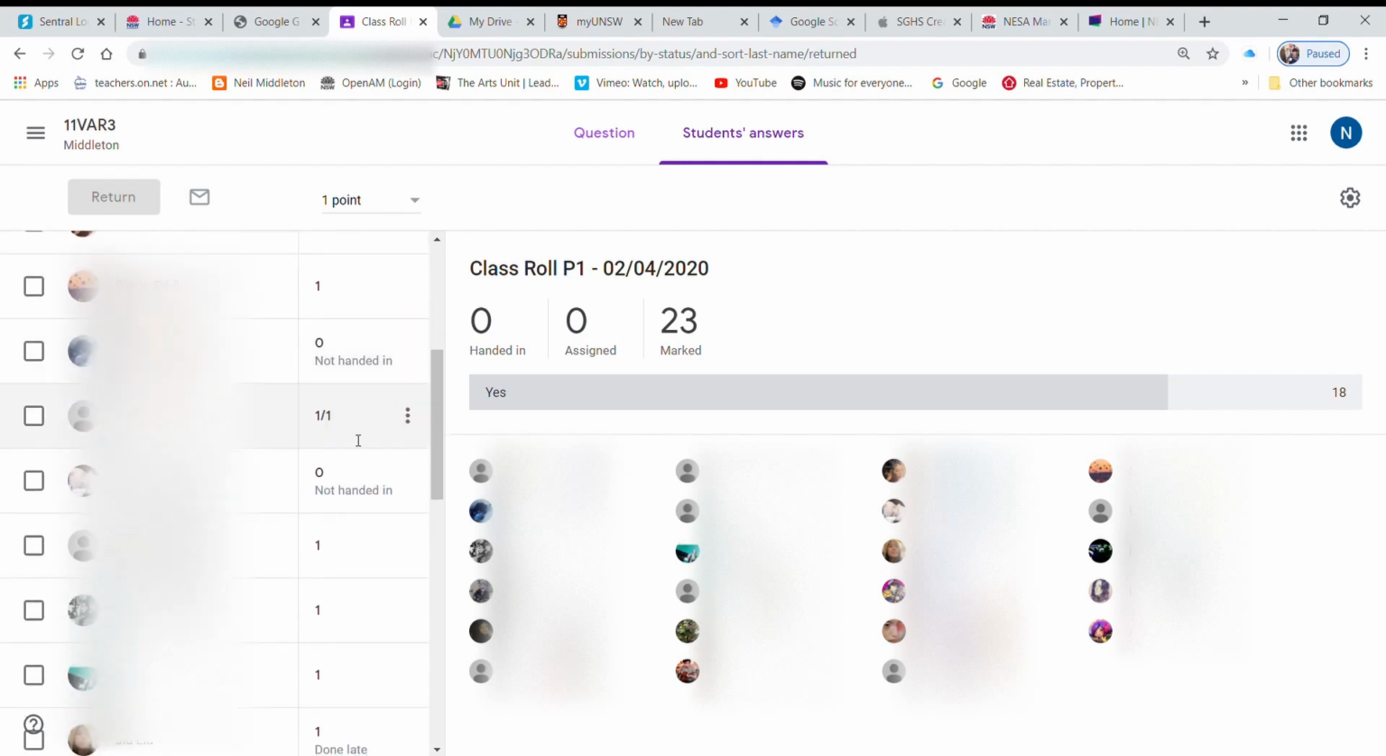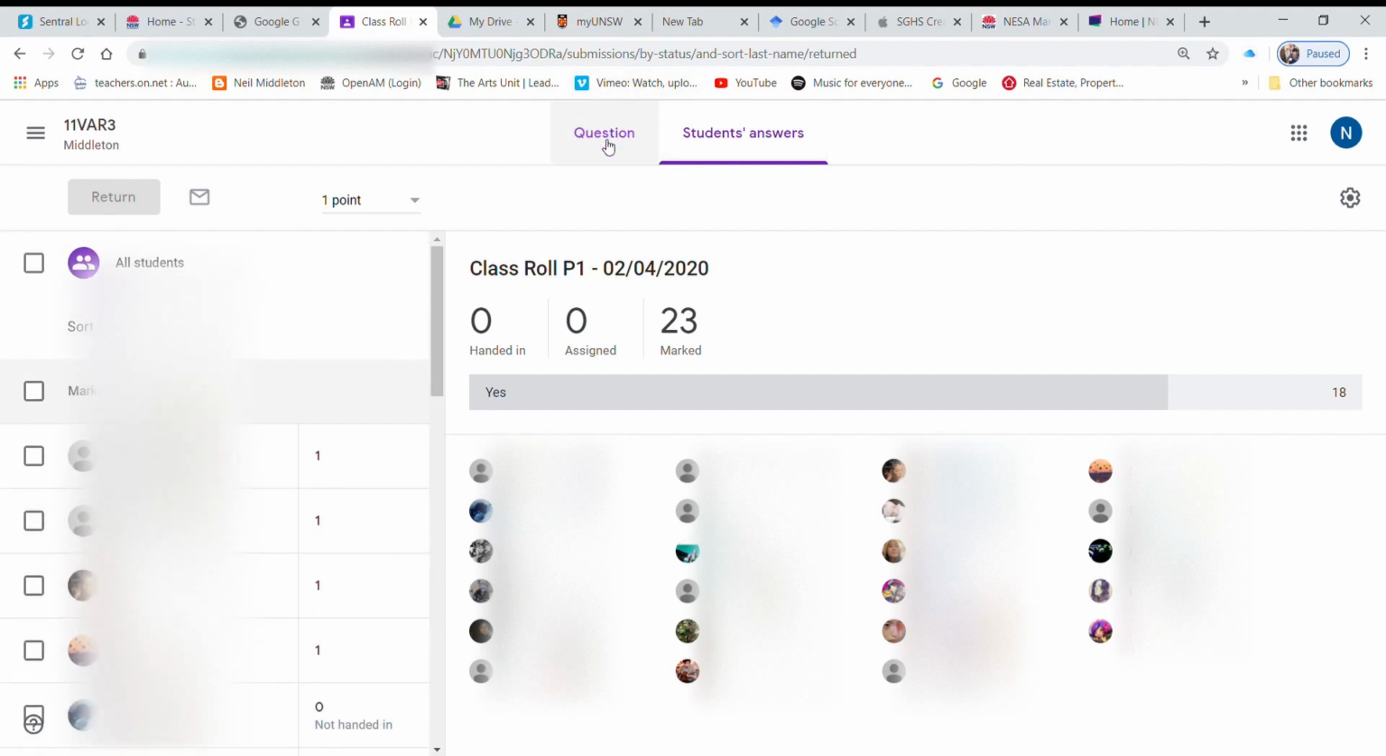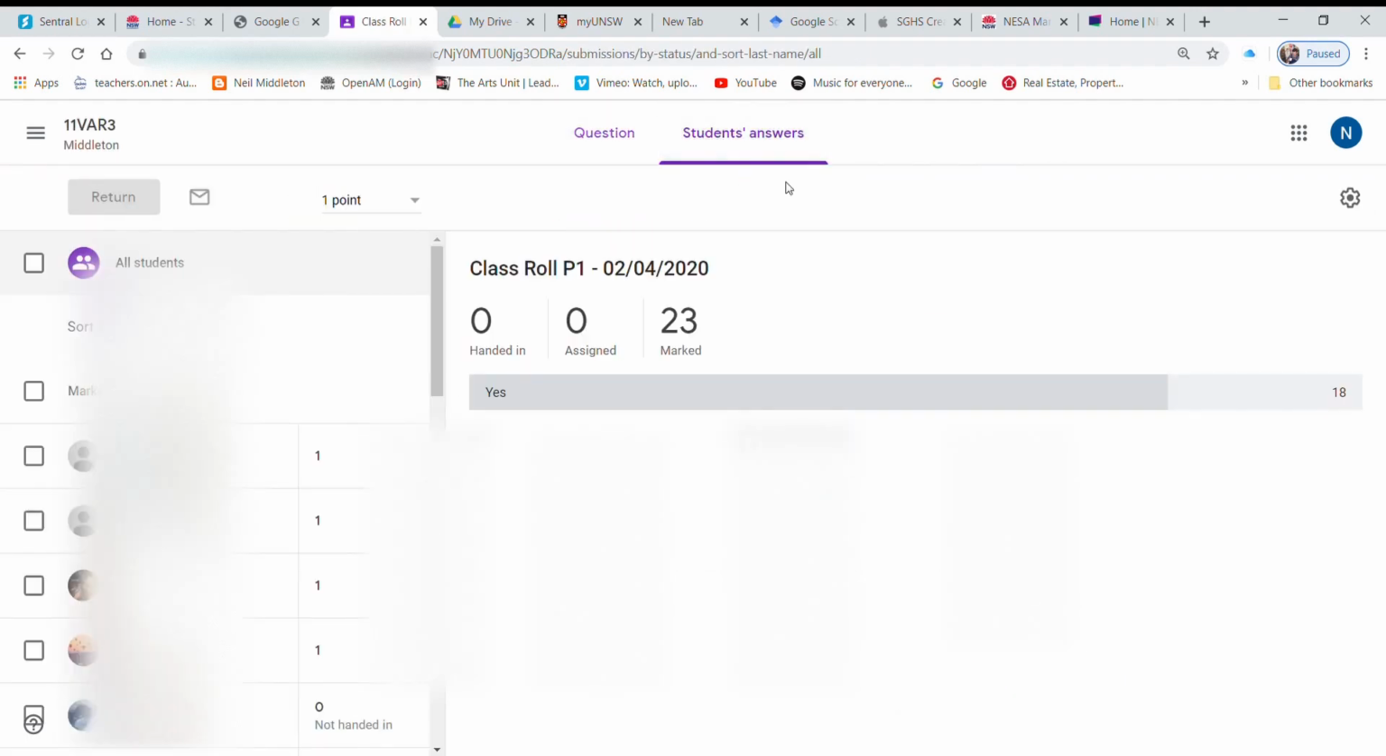You can see that I've marked here, and you can see the ones who are away. 0 is away and 1 is in. Okay, if I go over to the little cogwheel on the right hand side, I'm on Student Answers, not on Question. So stay on Student Answers. I go to the cogwheel and it says Copy all marks to Google Sheets. If I hit Copy all marks to Google Sheets,